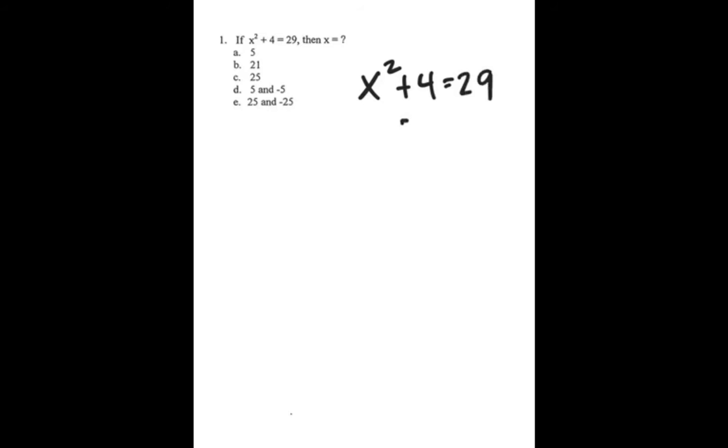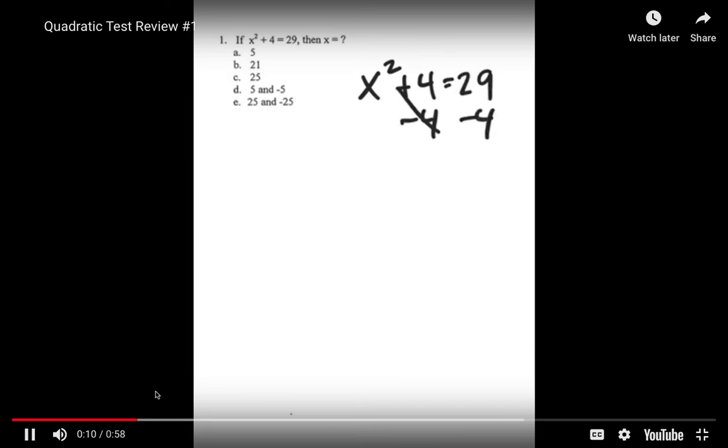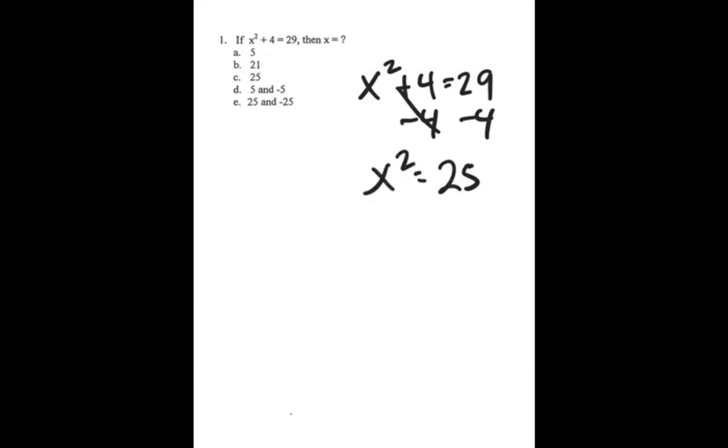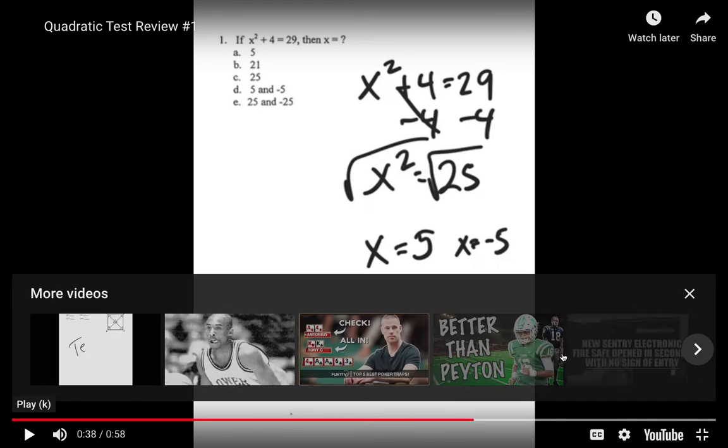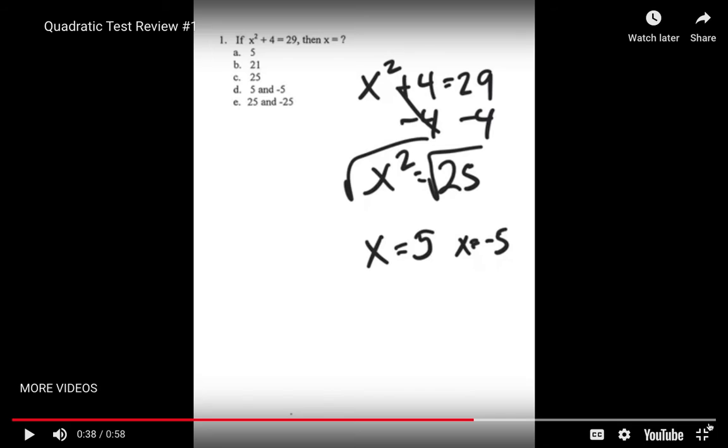I need to subtract 4 from each side. And now I'm left with x squared equals 25. And don't forget, when you take the square root of a number, unless you're measuring a distance or a unit of time, you will have two answers for this. So in this case, square root of 25 comes out to positive 5, but it also comes out to negative 5. You always think of the positive version, but